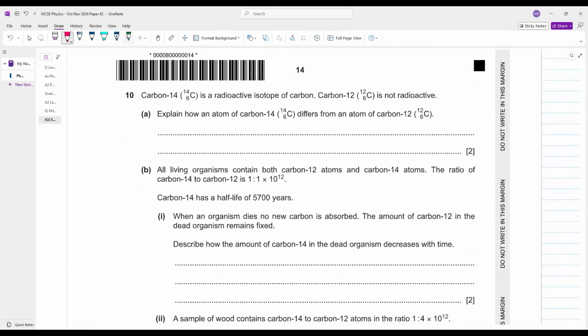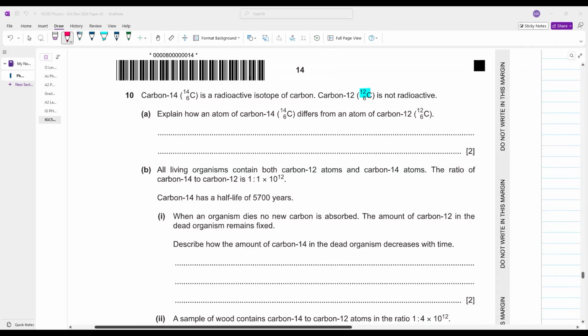Carbon 14 is a radioactive isotope of carbon. Carbon 12 is not radioactive. Explain how an atom of carbon 14 differs from an atom of carbon 12. You have to tell how an atom of carbon 14 differs from an atom of carbon 12. How will you tell that? What is the difference between carbon 14 and carbon 12? You will say